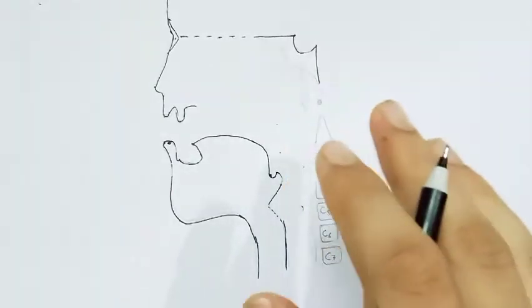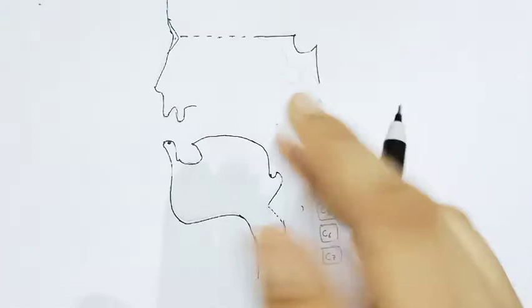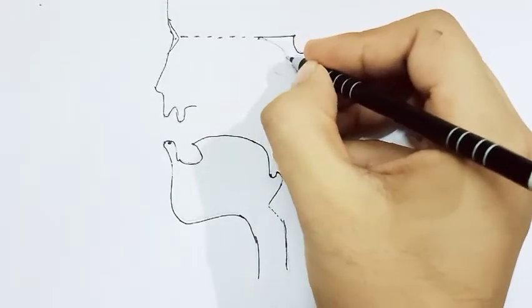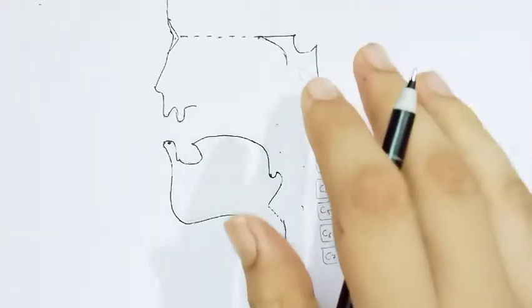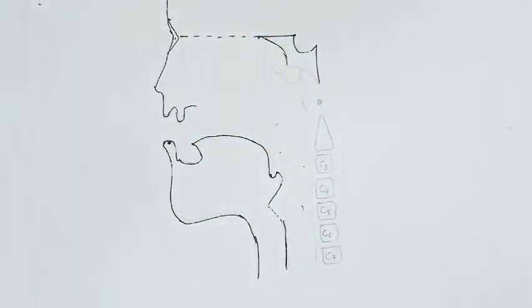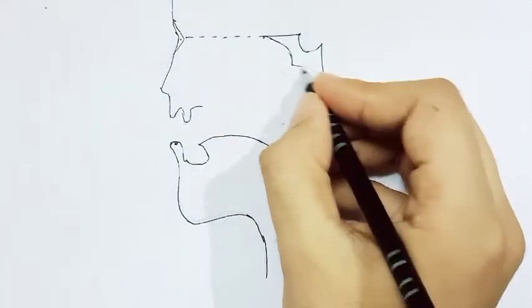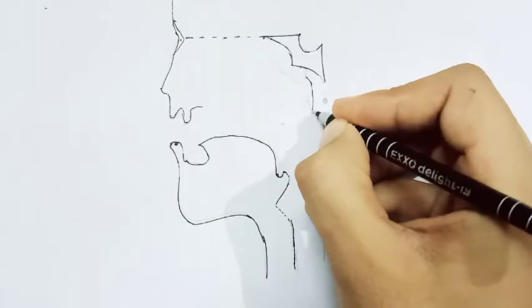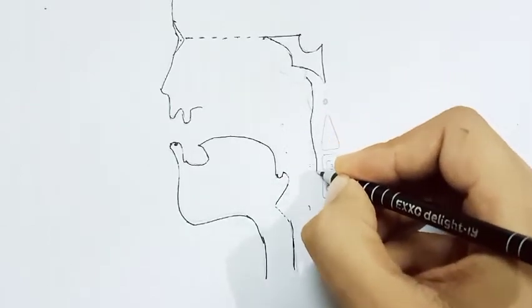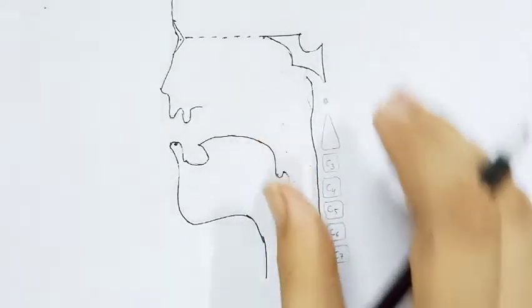This diagram of the sphenoid bone is very important because we are now looking at a sagittal section. The sphenoid bone appears like this. So you should know how the sphenoid bone looks, because the transverse section or the sagittal section of the head region is very important. So here is the sphenoid bone. Here is the prevertebral fascia, and behind we have the vertebral column.